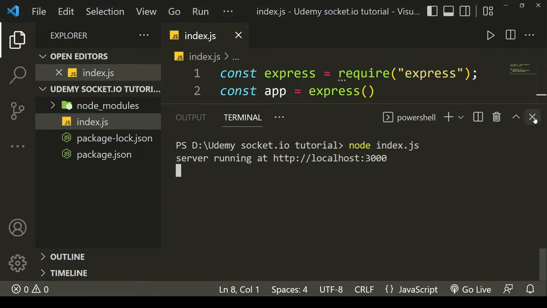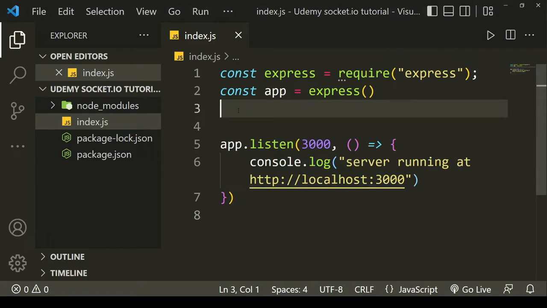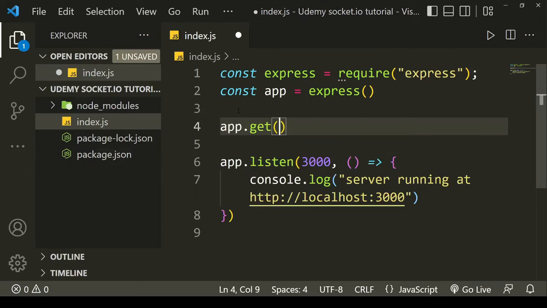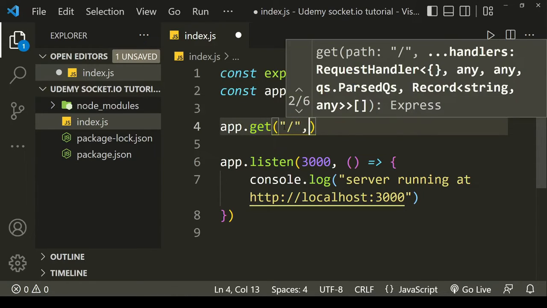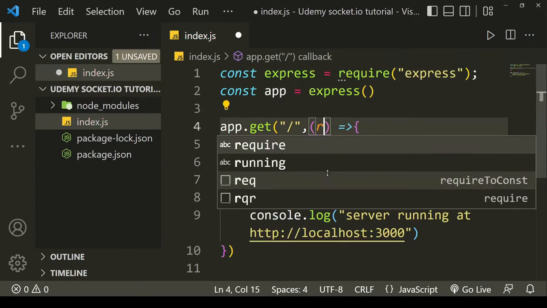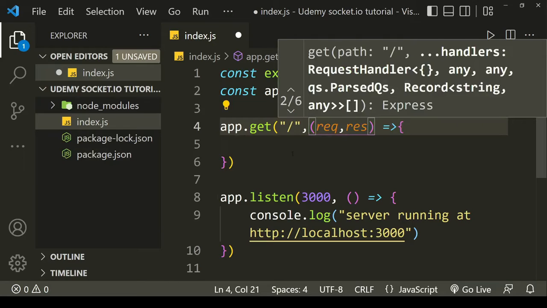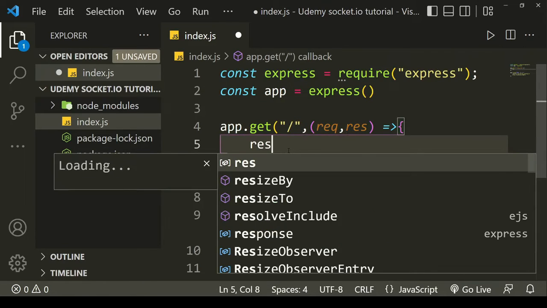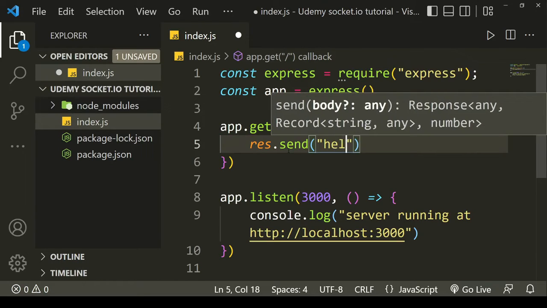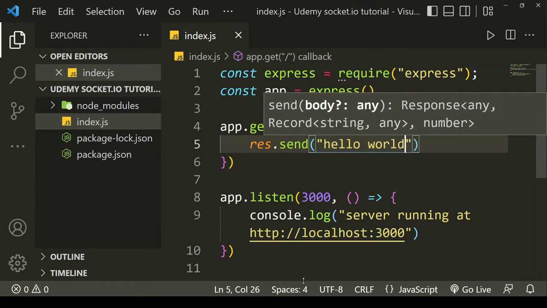So we have to define the routing for our project as well. I will type here app.get, and what is this get? This defines that if we get a get request, I will type here slash. Then we have to define a callback function, and this callback function takes two parameters, which are request and response. Then we will type here response.send hello world. If I save this file and go back to my browser,